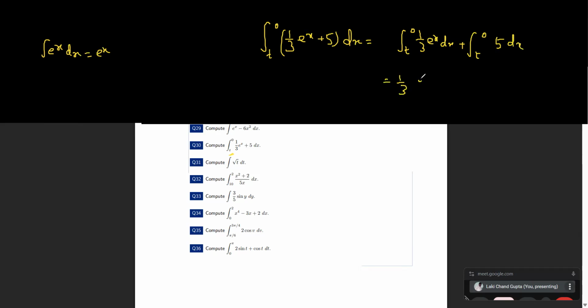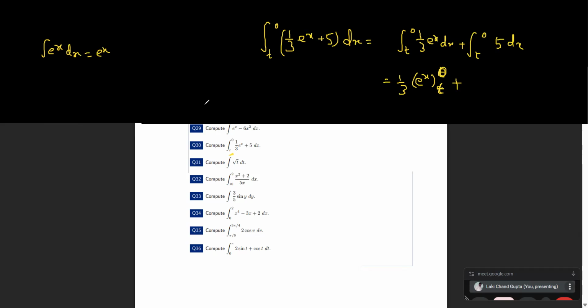Here t is given, 1 over 3 e raised to x plus 5 dx. So first separate this, t to 0, 1 over 3 e^x dx, t to 0, 5 dx. Okay, 1 over 3, integration of e^x is e^x, limit goes from t to 0,